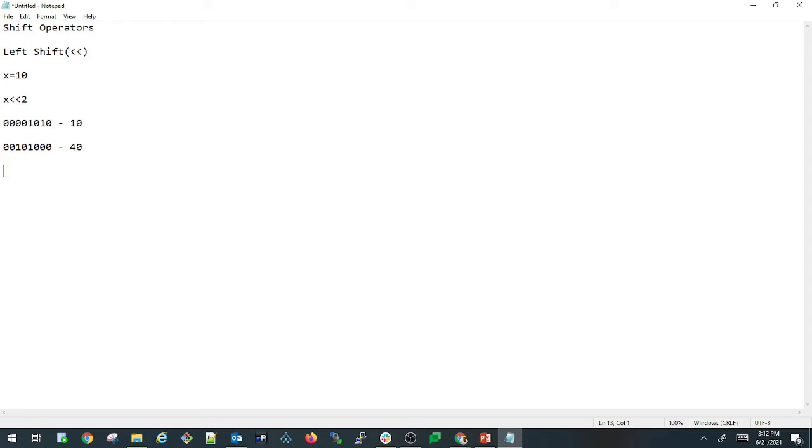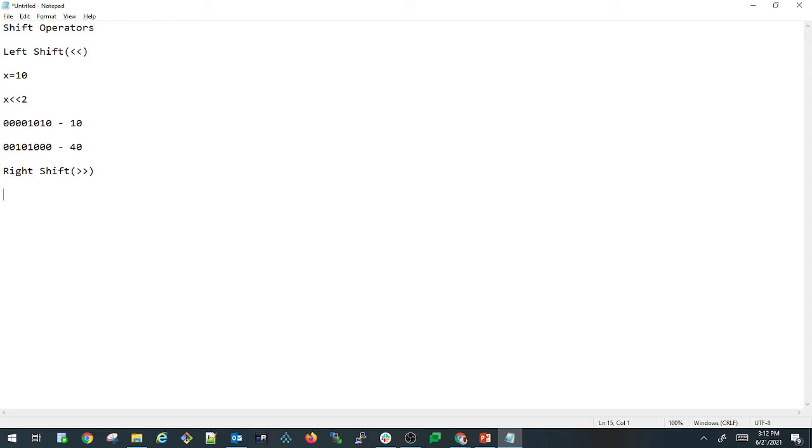So let us see how the right shift operator works. This is also similar to the left shift operator, whereas in the left shift operator we shifted the binary digits towards the left side, in the right shift operator we will be shifting the binary digits towards the right side the specified number of times.